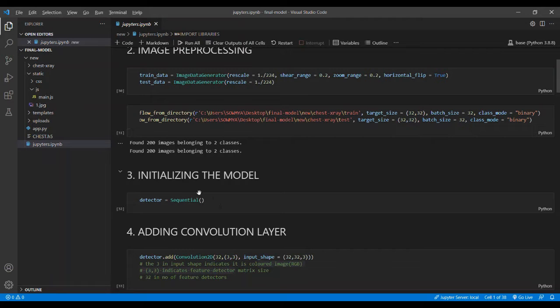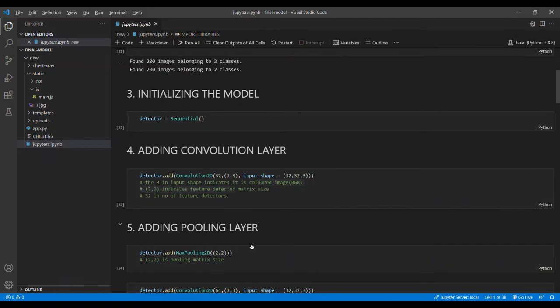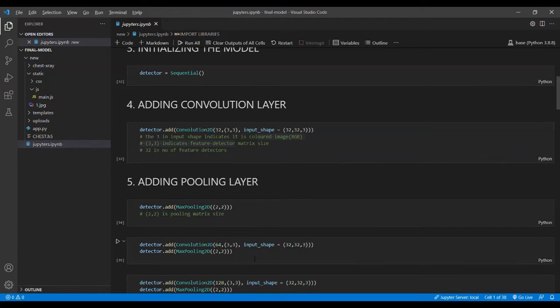We are initializing the model with Sequential. After initializing the model, we are adding the convolution layer. This convolution layer creates a convolution kernel that is convolved with the layer input to produce a tensor of outputs. After the convolution layer, we are adding the pooling layer. The pooling layer reduces the dimensionality of the images by reducing the number of pixels in the output from the previous convolution layers. To reduce the dimensions of the feature map, we are using the pooling layer.